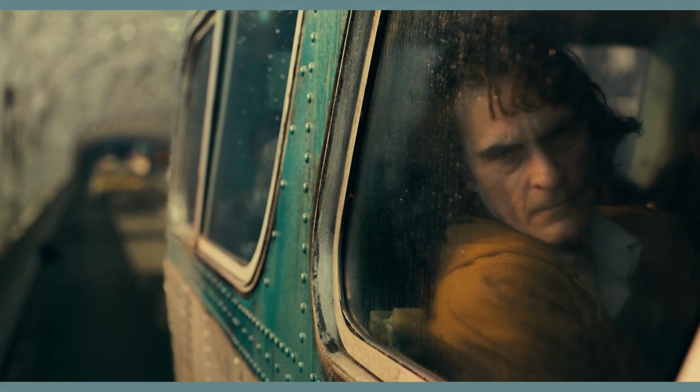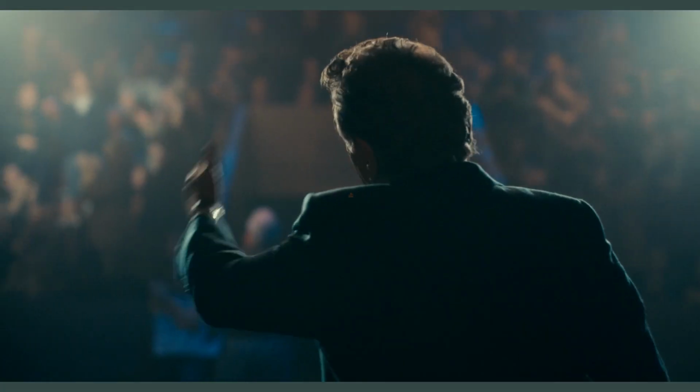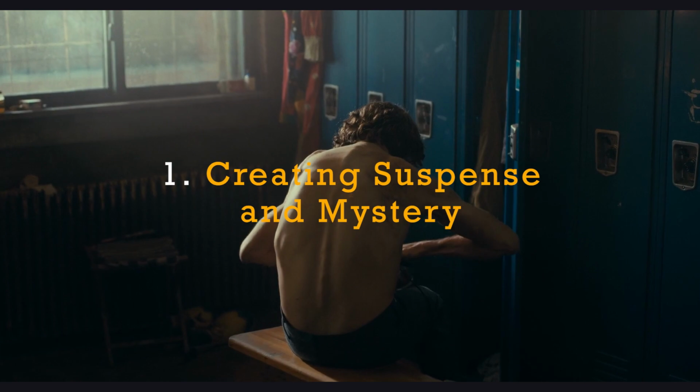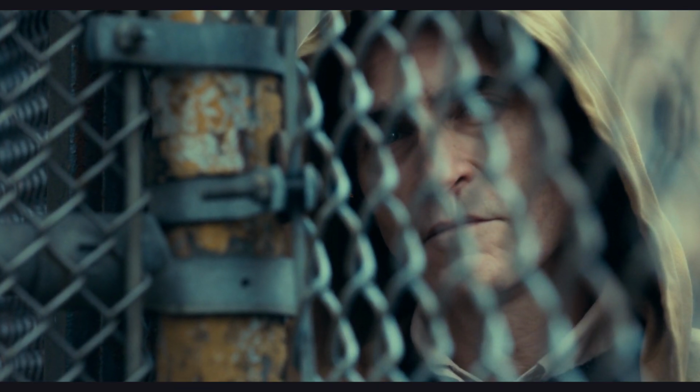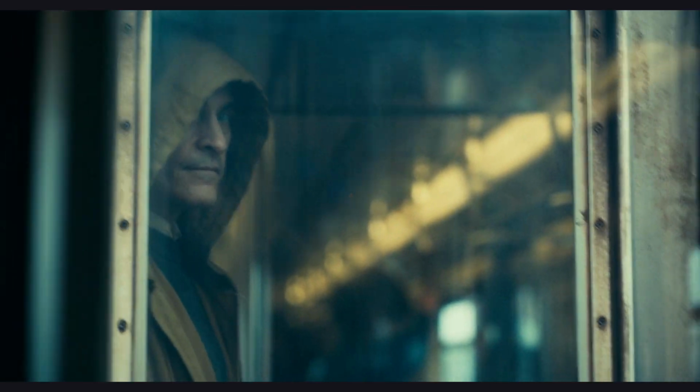Fragmented framing, also known as partial framing, is a cinematic technique where the camera deliberately shows only a part of a subject or object, leaving the rest hidden or obscured from the viewer's sight. This technique can be used for a variety of purposes, such as: 1. Creating suspense and mystery. By revealing only parts of a person, object, or environment, fragmented framing can create a sense